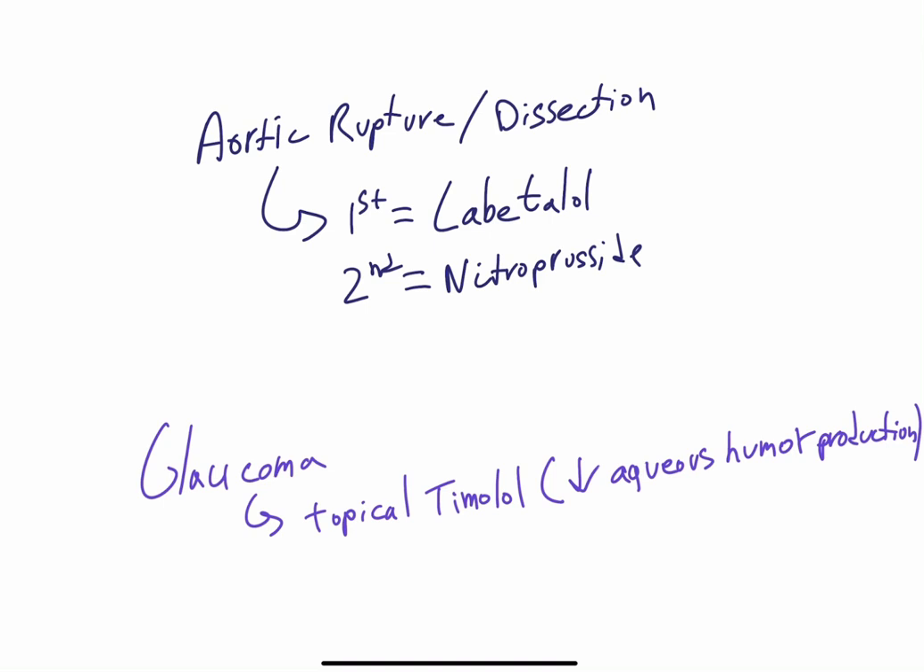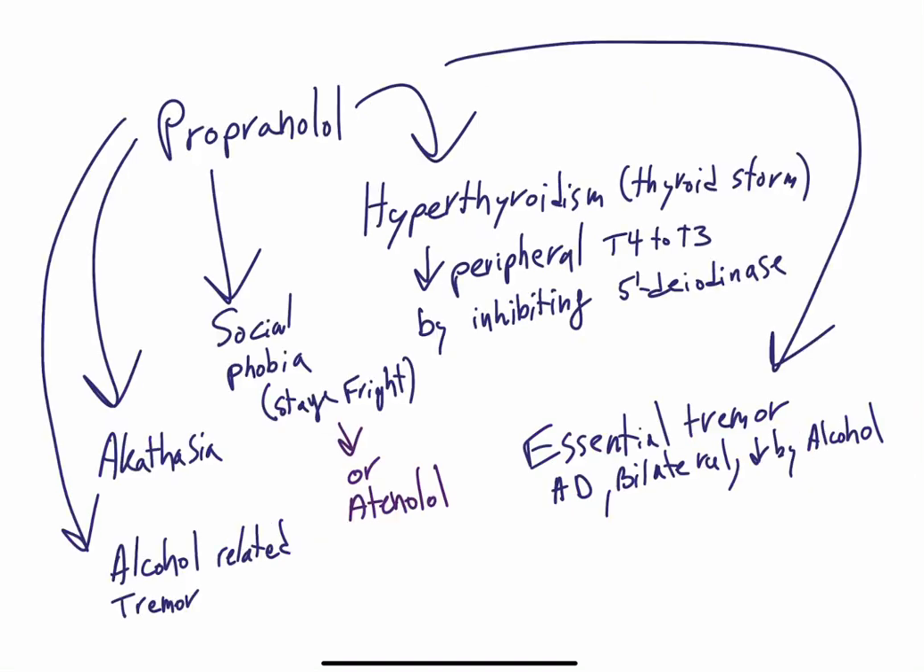Beta blockers have other uses too. Topical timolol for glaucoma, for example, where this is used to decrease aqueous humor production. Propranolol is one of those drugs that you will see constantly on USMLE, so you have to know it. It can be used for hyperthyroidism, think of thyroid storm. Propranolol reduces the peripheral conversion of T4 to T3 by inhibiting